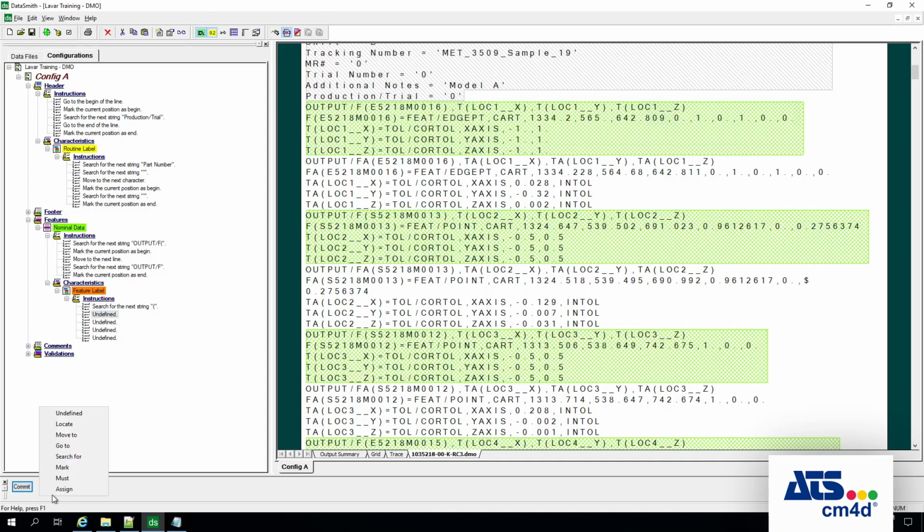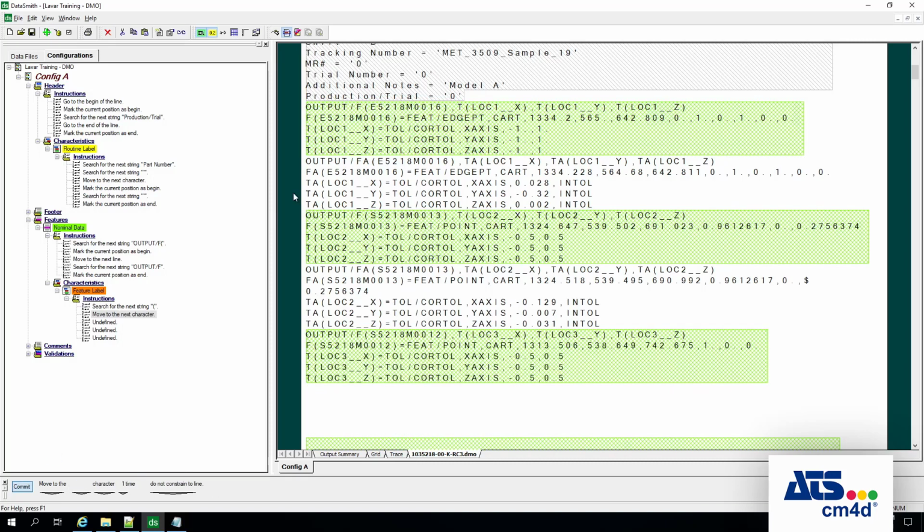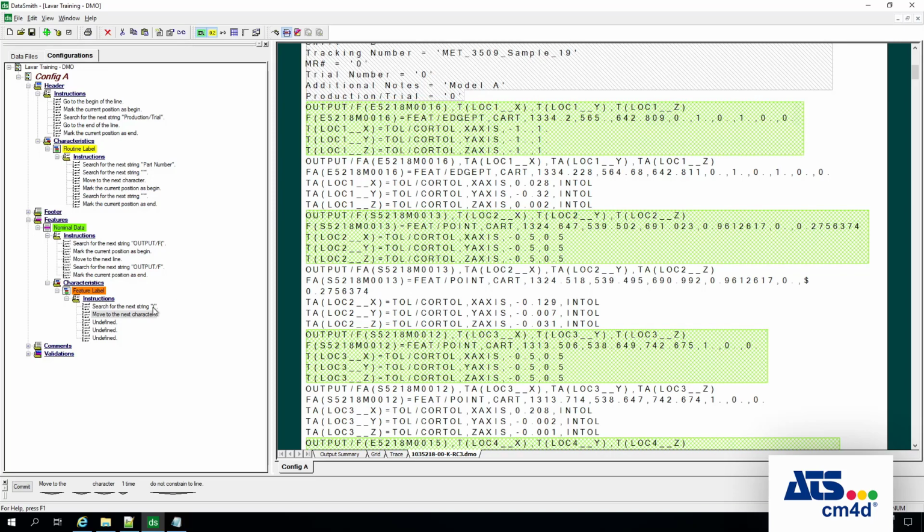Then I will say move to next character one time. That moves my cursor once. So now I'm in front of where I want to start marking. Mark current position as begin. And I want to get to the end of this, which will be right in front of this closing parenthesis. So I can say search for the next string, closed parenthesis,